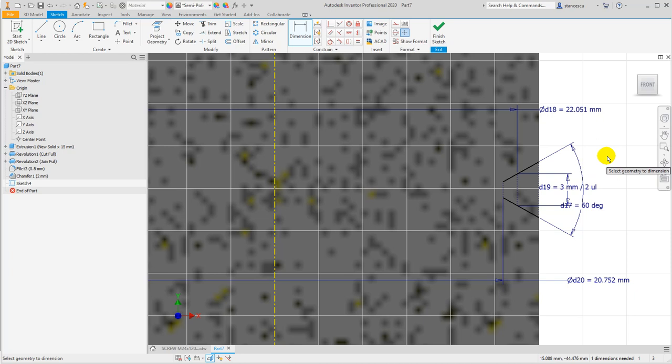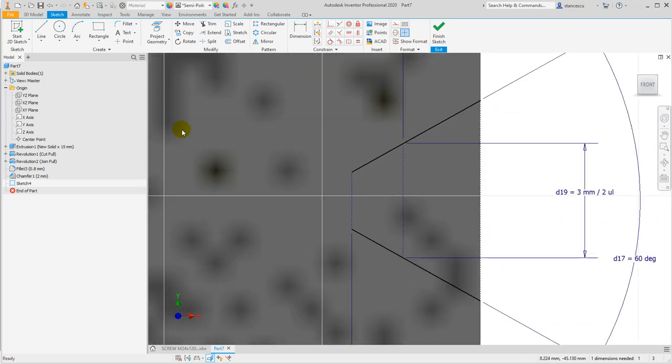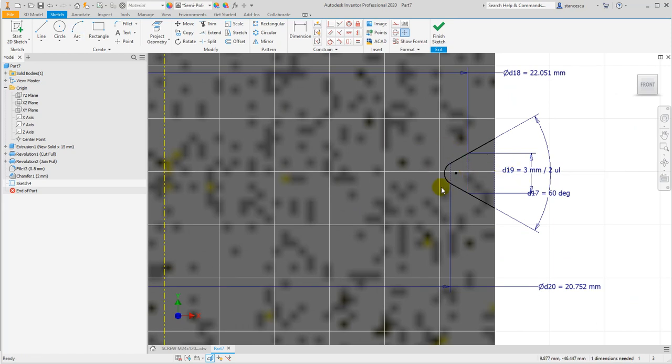How many dimensions are needed? 1 dimension needed. The distance from here to the bottom. But before we create that arc, starting from here, ending here, and moving to become tangent. Of course, tangent up and down. Good. Escape to change visibility,